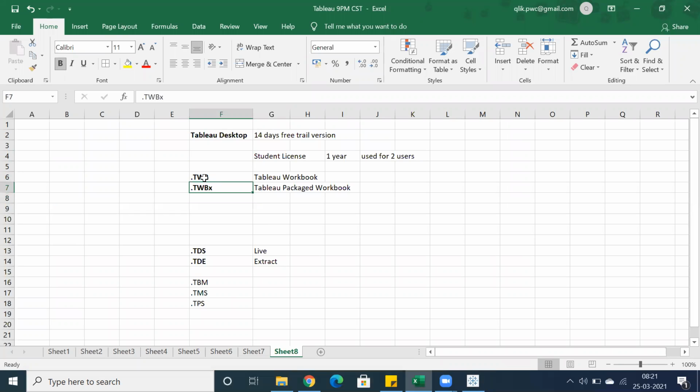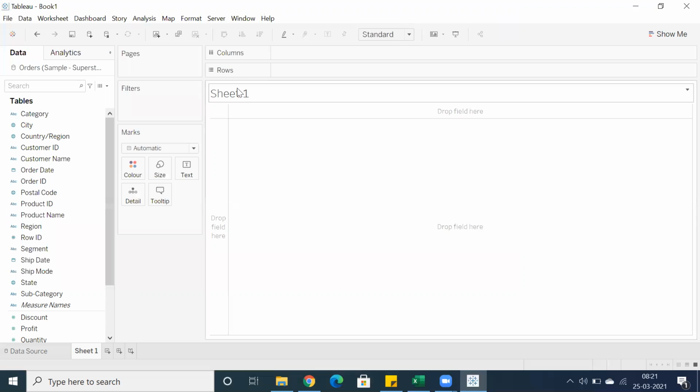I'll go through each and every topic in detail. We have extract connection, which is very important for performance, and I will go through the functionalities and what are rows and what are columns. Before going through the actual topic, I'll tell you all the options present in Tableau.